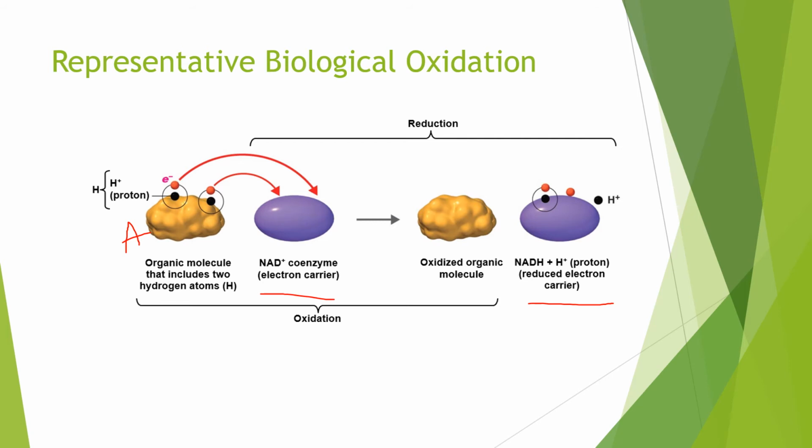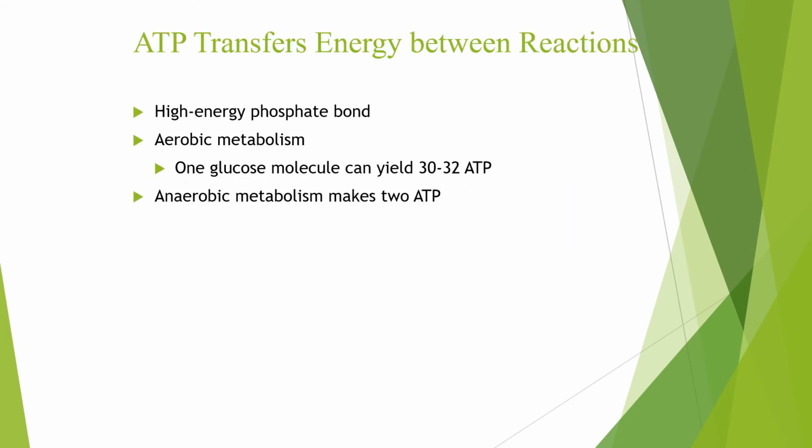If it lost those electrons, we say it's been oxidized. And again, that's the redox reaction. So a lot of the reactions happening within our body are actually redox reactions. Now, as we said, ATP is adenosine triphosphate, and when we break it down, we get lots of